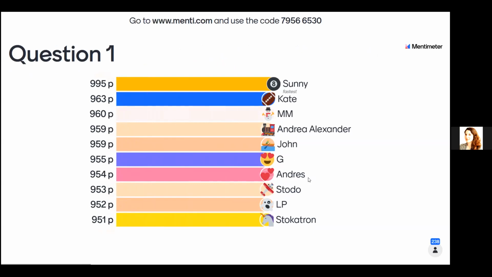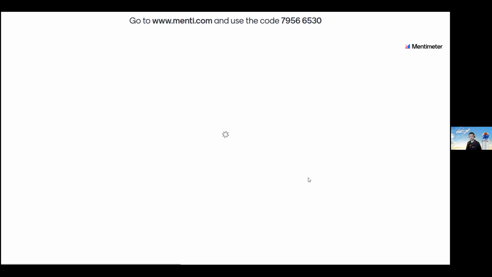Sunny is the fastest. And MM are leading the leaderboard. Good. Let's go. Just remember, it's not only giving the correct answer, but it also points for who is the fastest one in responding. But you need to actually select the correct answer. So we go for question 2.